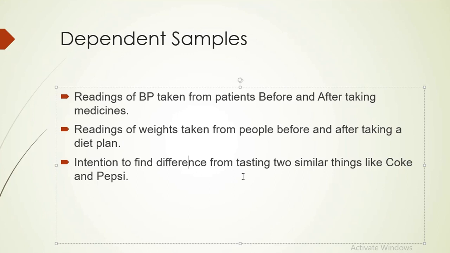What's the basic difference here? In independent samples, we have to take different samples from two groups, like 12 females and 10 males, or 20 females and 10 persons from another group. But here, you have to use one object for two measurements. Weight before taking the diet plan and weight after taking the diet plan from the same person. You are not using two samples. You are using one sample but taking two measurements. That's the basic reasoning.